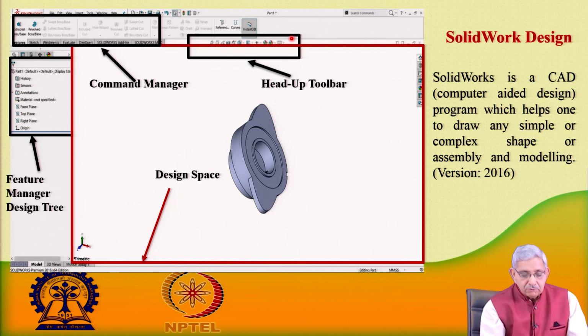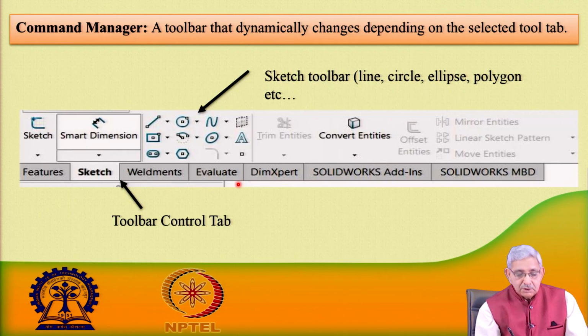There is a head up toolbar, and then this is a design toolbar. So, this is the product which we want to make. We will give certain dimensions, and then we can see the product by changing the direction.